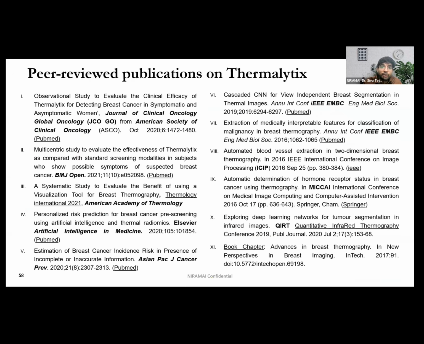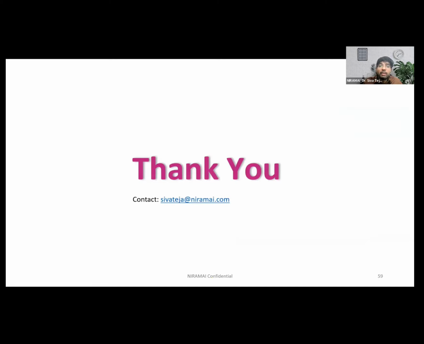And yes, these are the peer-reviewed publications. With this, what I just want to conclude is that thermal imaging has numerous applications that we have been seeing over the last decade, not just in terms of cancer detection. It can be used for any kind of skin disease detection, skin malignancies. So there are a lot of use cases that have been coming up, and because this is an imaging modality